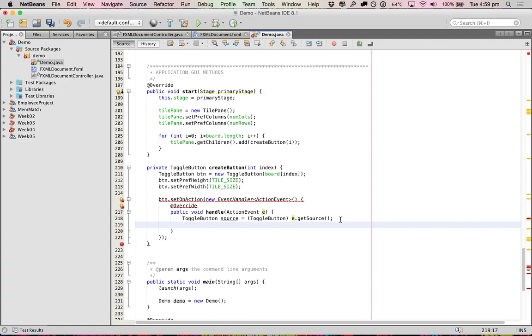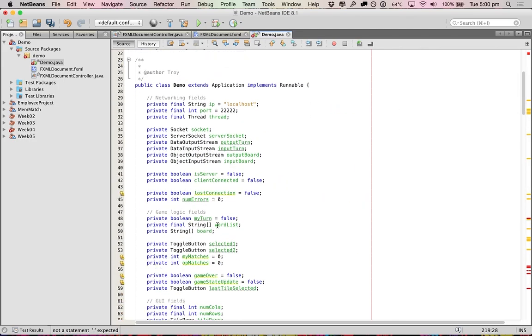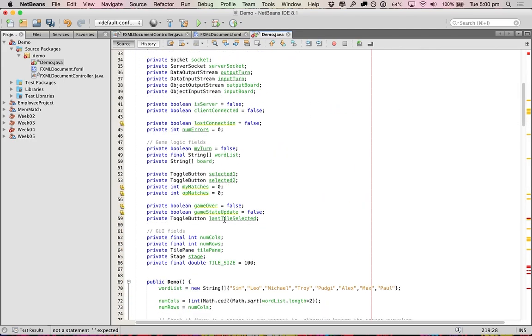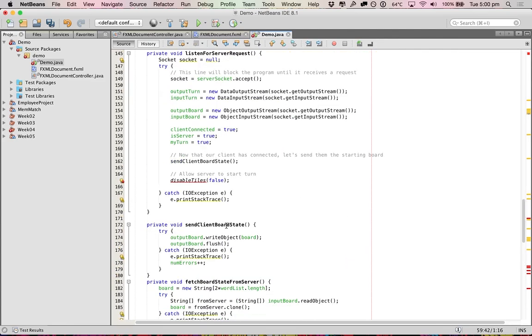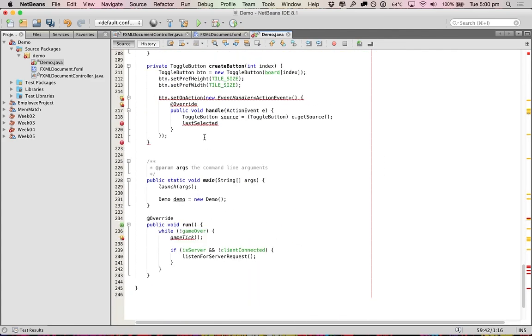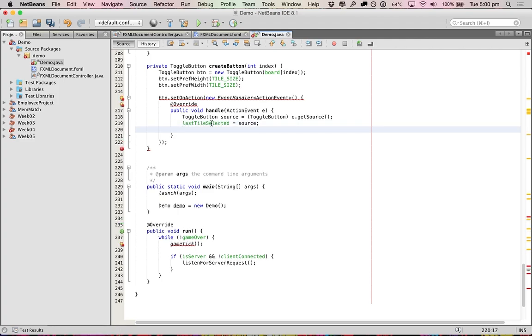Next, we want to set the last selected tile. What is that? The last selected. Now, can you help? What did we call that? Last tile selected. That's why I'm having an issue. The last tile selected to equal the source. So we keep in mind what we've done, and then we need to